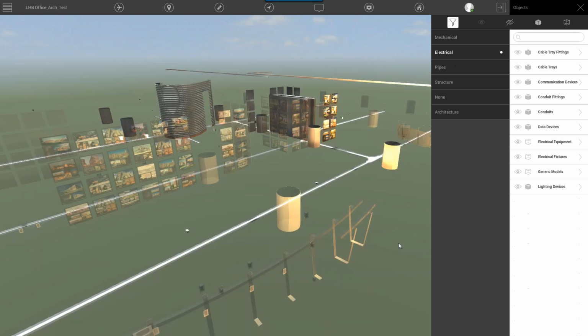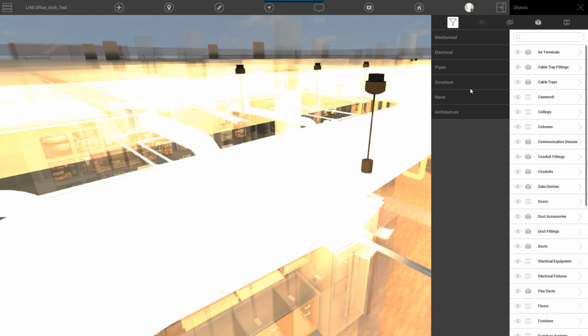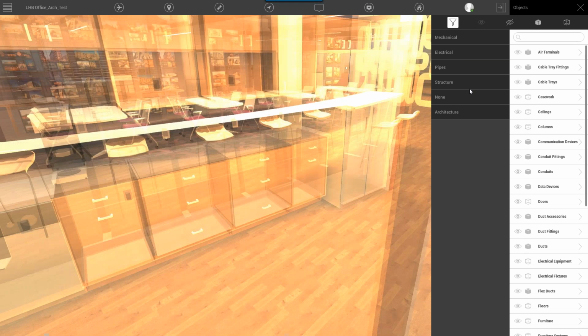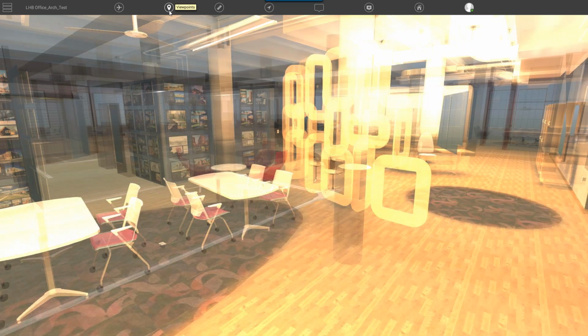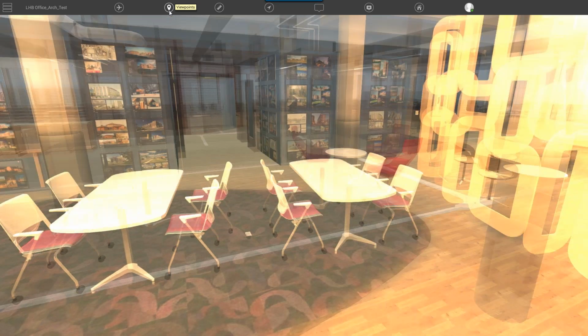So there is another question. David asks, how well does Revizto export from Navisworks? We've been working extensively on the Navisworks export lately, and it has improved very much, and we're still working a lot on it. If you tried anything that didn't come through, you're more than welcome to send a note to our service department, service@revista.com, and we'll take a look at it. But as of today, it works pretty well.